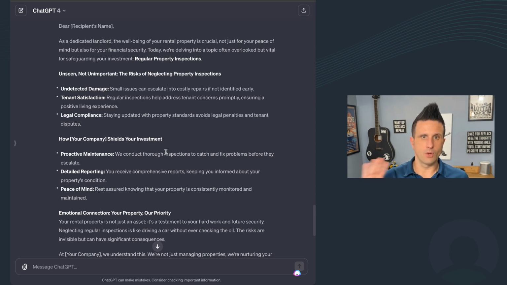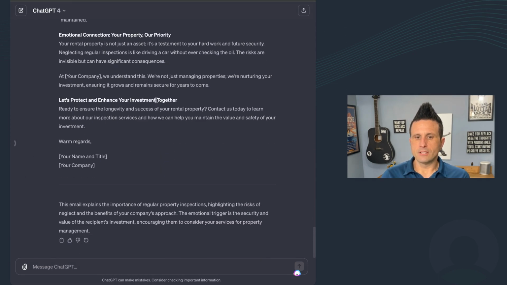Don't do that. Don't publish it. You have to edit it. Just use it for inspiration, because Google is not going to like that. There are AI detectors out there. So if we don't like the length of this, we can just say,